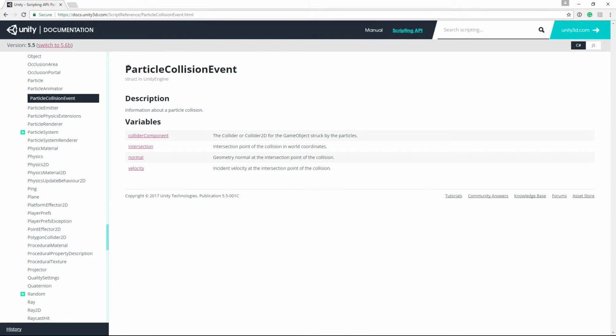So the particle collision event is a struct, and it contains the following variables: the collider or collider 2D for the game object struck by the particles, the intersection point of the collision in world space, or in world coordinates, the geometry normal at the intersection point of the collision, and the incident velocity at the intersection point of the collision, right? So we are going to use this heavily throughout the session to get information about where and what